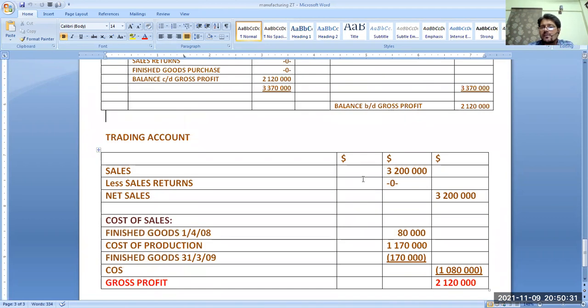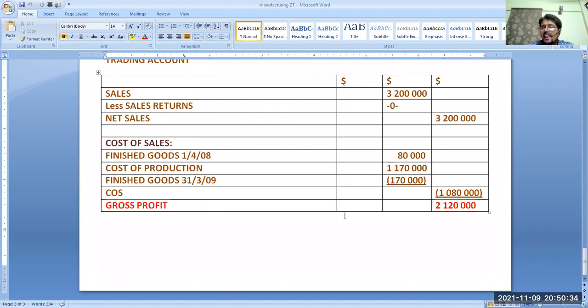Okay, take the balance of gross profit, and add discount received, decrease in provision for doubtful debts, any other income, any special gains. Got it? And take all the expenses, deduct all the expenses, all office expenses, not factory. Factory expenses should be included in the manufacturing account. All office expenses, all office depreciation, and provision and depreciation, everything should be added over here. All costs other than factory. All factory costs will be added in manufacturing. All costs, selling and distribution expenses, administrative expenses, office expenses, all expenses are going to the P&L account.